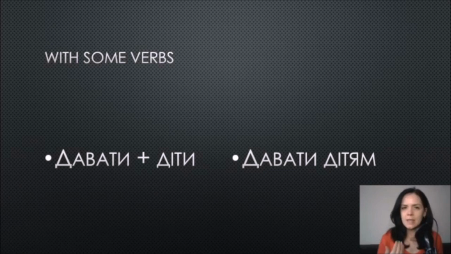So діти in nominative just means children. But дітям in dative already means to children. So now this word combination finally makes sense. Now we see how two words are relating to one another in this combination. And that is why we have cases in Ukrainian, to show how different words in a sentence or in a phrase are connected, are relating to each other. Okay, now I will stop explaining. Now we are going to do that much quicker.